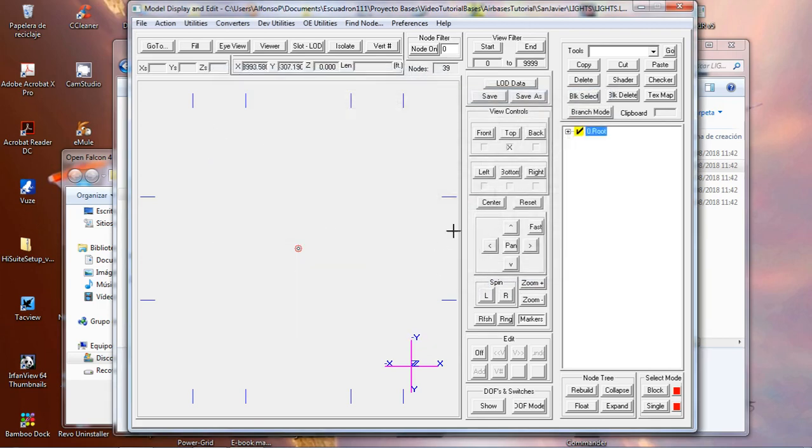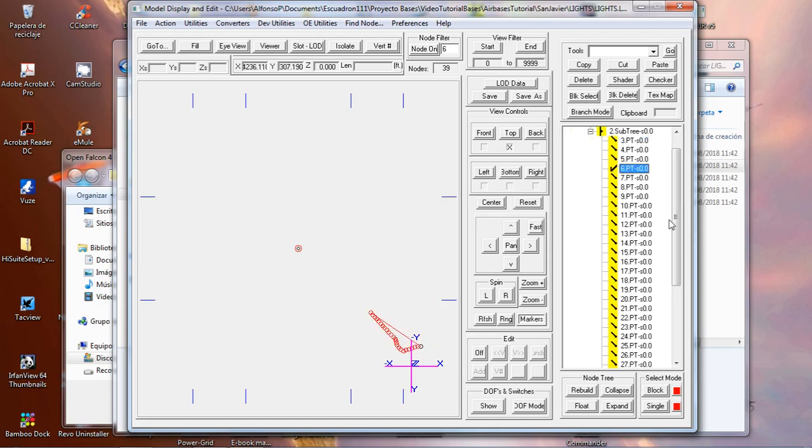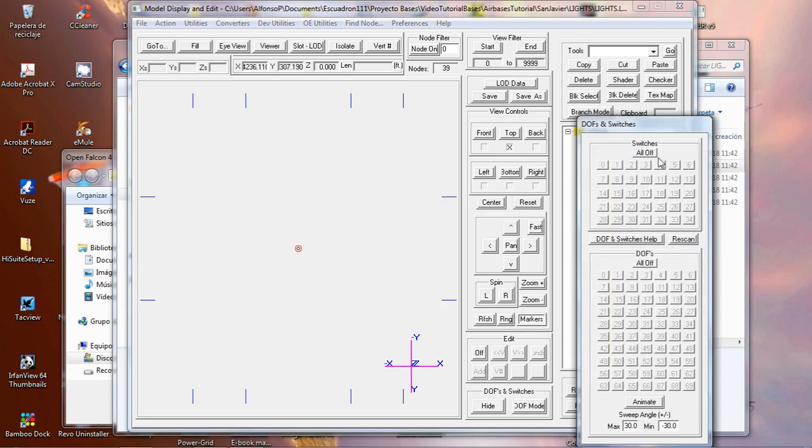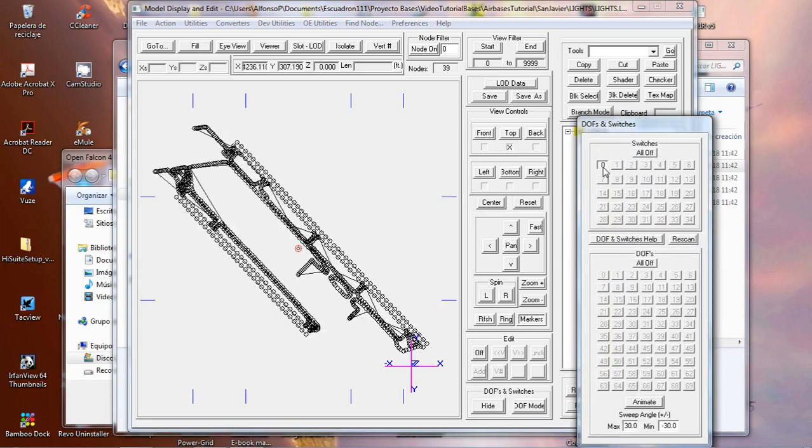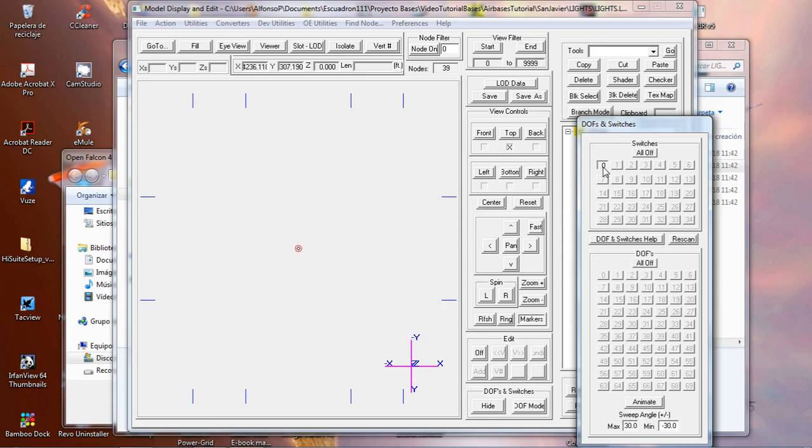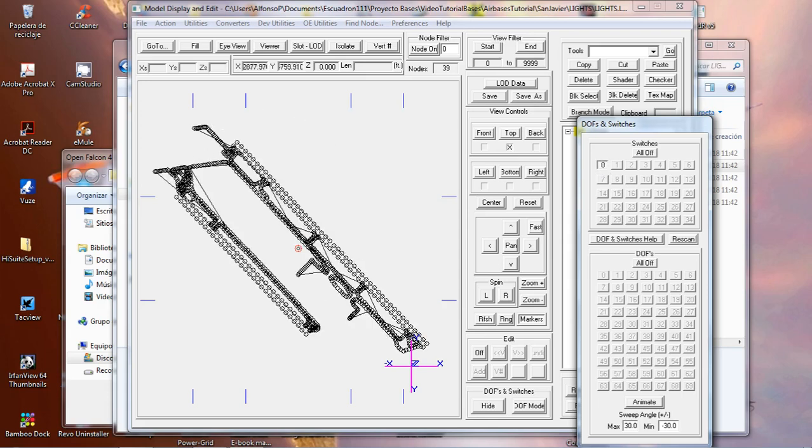Let's check it out. Okay, right now you see the scene is empty, doesn't show anything. And if I click under show switches, I scan for the switches, I click in and out. Now it shows that the switch 0 is working. Okay, so I will save this model